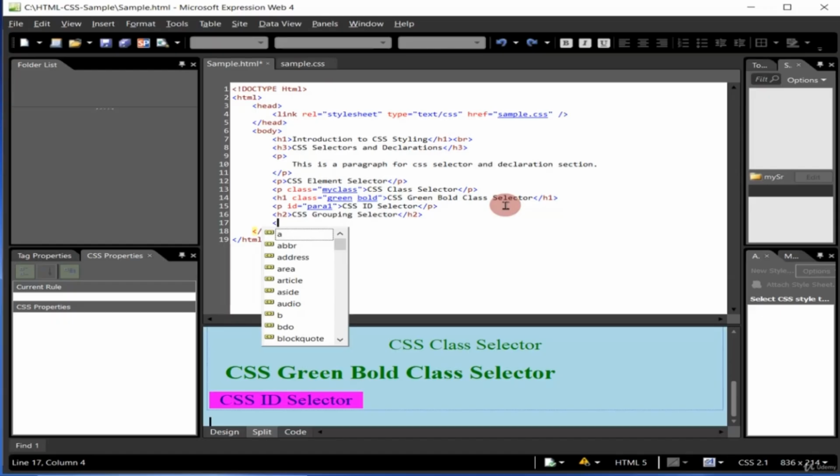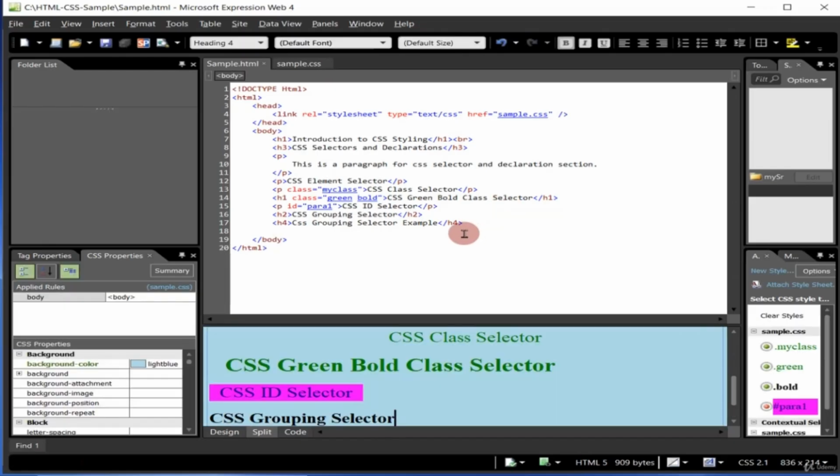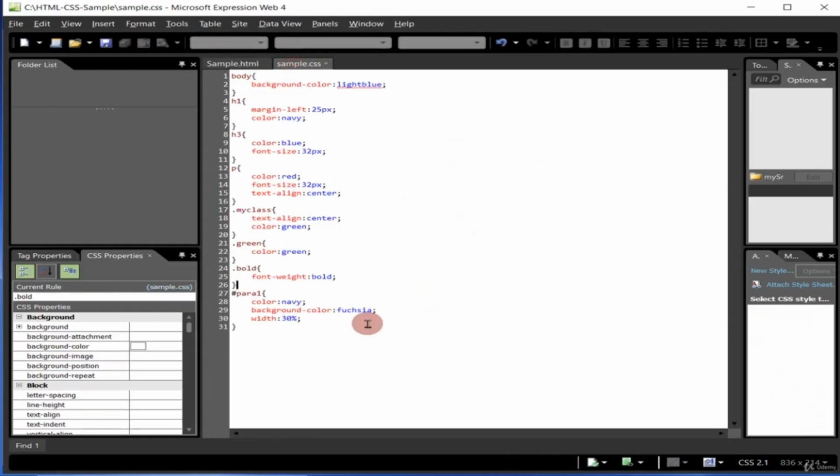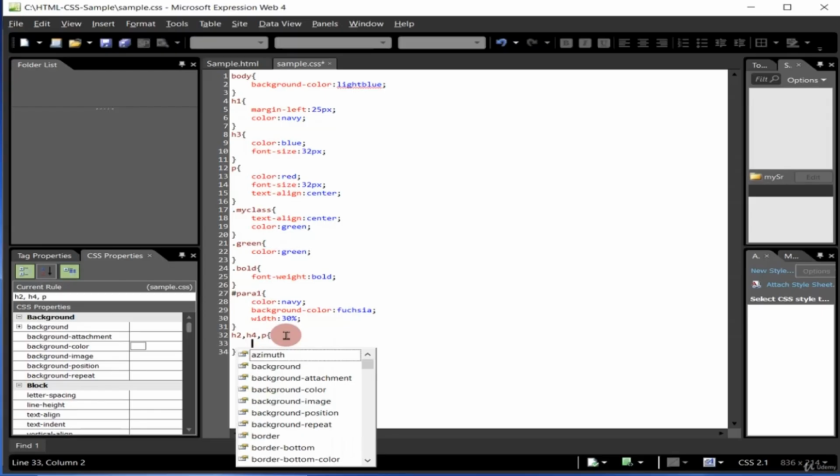Underneath H2 add an H4 element and give some text: CSS grouping selector example. Save the changes and flip to the sample.css file and use all these h2 and h4 elements in a grouping selector with a comma: h2,